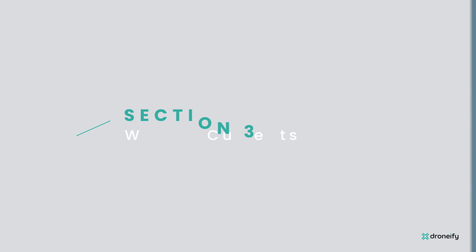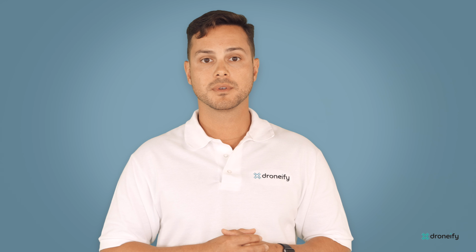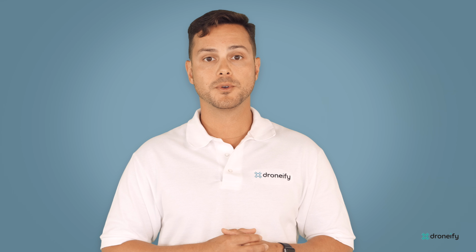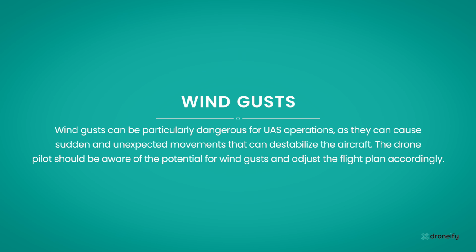FAA Part 107 regulations require drone pilots to consider wind and currents when planning and conducting drone operations. Here are some key considerations for wind and currents under Part 107. Wind gusts. Wind gusts can be particularly dangerous for UAS operations as they can cause sudden and unexpected movements that can destabilize the aircraft. The drone pilot should be aware of potential for wind gusts and adjust the flight plan